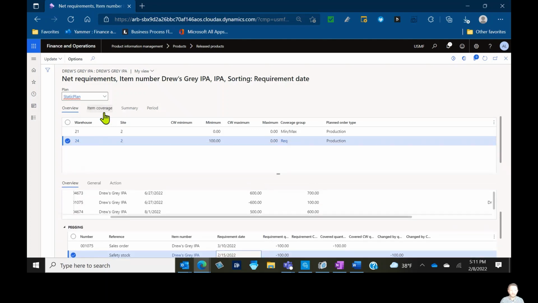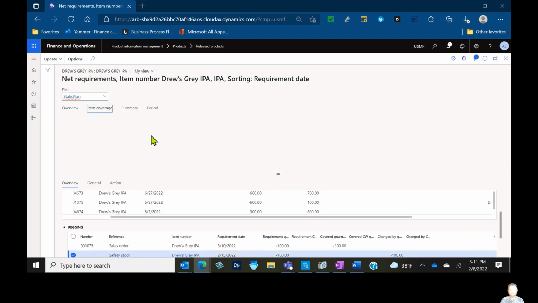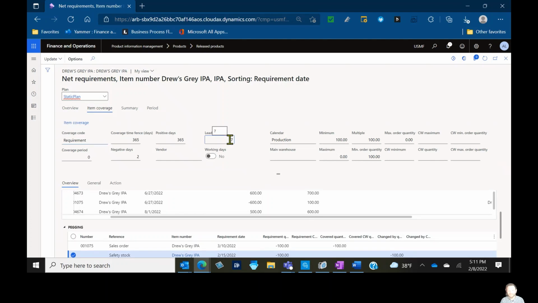Why is that? I look at my item coverage. There we go. I have a 7-day lead time on production. 2/8, 7 days. 2/15 is now when I can expect for my safety stock to be back into inventory. Now you're probably asking, well, that seems kind of